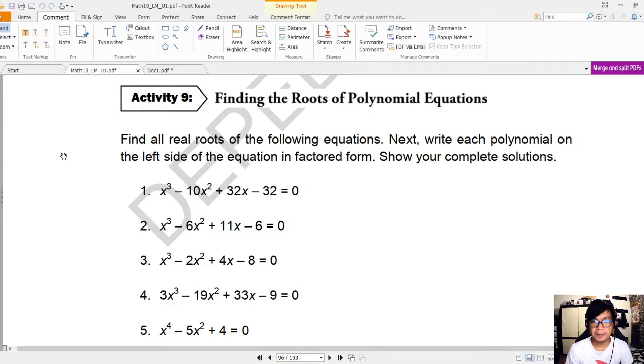Finding the roots of polynomial equations. Find all real roots of the following equation. Next, write each polynomial on the left side of the equation in factored form. Show your complete solutions. As you can see, the examples here are not in factored form, so we cannot automatically identify the real roots. Same kung ano yung ginawa natin sa isang video, na naka-factored na siya, so madali lang ma-identify yung real roots. Not unlike this one,